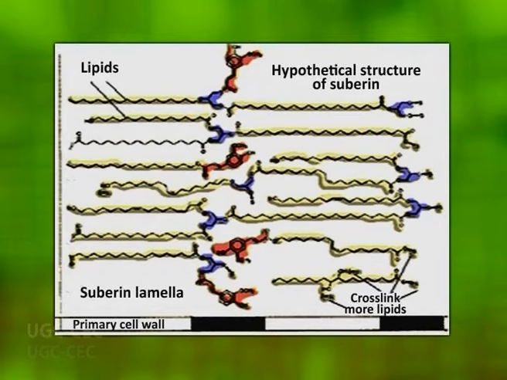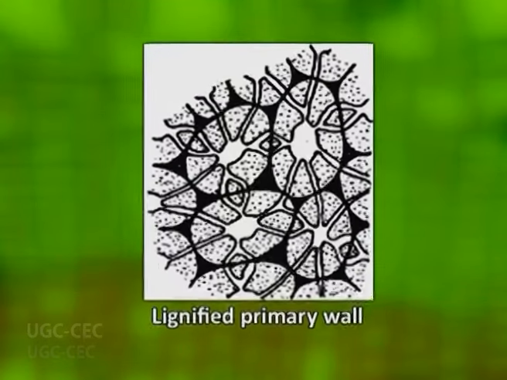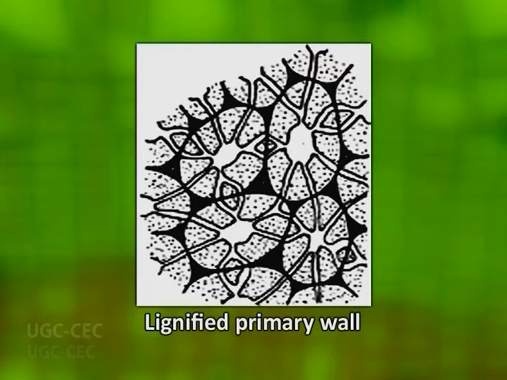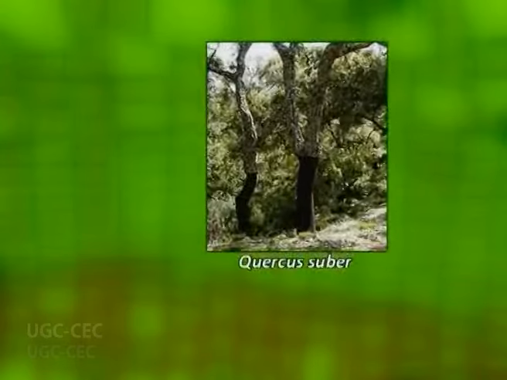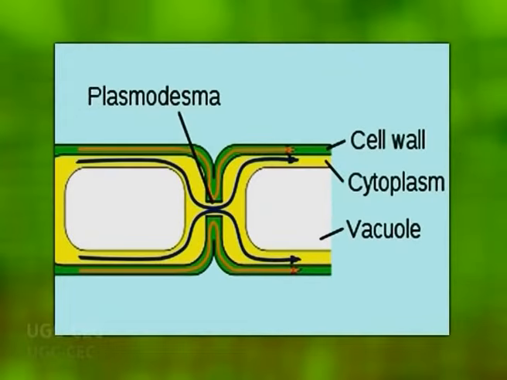In the process of suberin production, the endoplasmic reticulum apparently plays a major role. A thin cellulose layer, which in certain plants may be lignified, may be present on the inside of this lamella. This layer is mostly absent in the bottle cork of Quercus suber. Ultra-thin pores are found in the wall of the bottle cork cells. These develop from plasmodesmata and become blocked by a dense material.